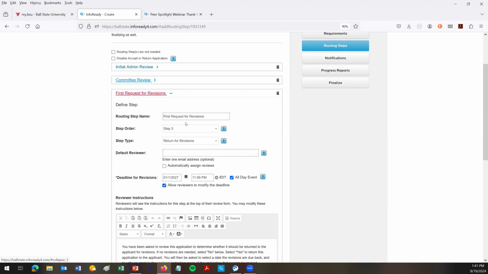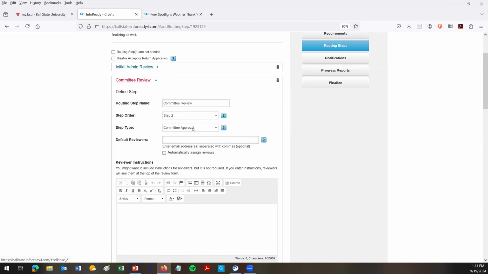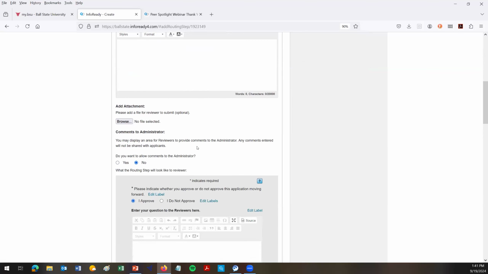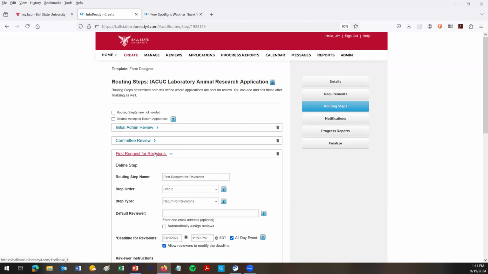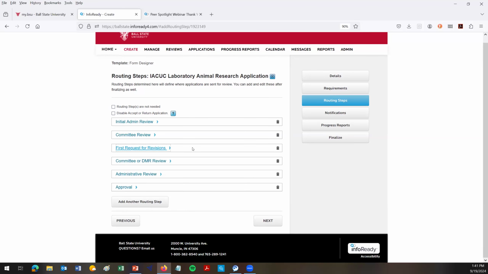Now, in committee review, I will assign a review date. Actually, whenever I send it out, I'll tell them I need this within a week. So if it comes back with only minor revisions, someone didn't spell the name of the species properly, or someone's math was off with the size of the colony, OLAW, the Office of Laboratory Animal Welfare, does allow for designated member review, so it doesn't have to go back to the full committee. So minor revisions that would not affect the health of the animal for approval can go